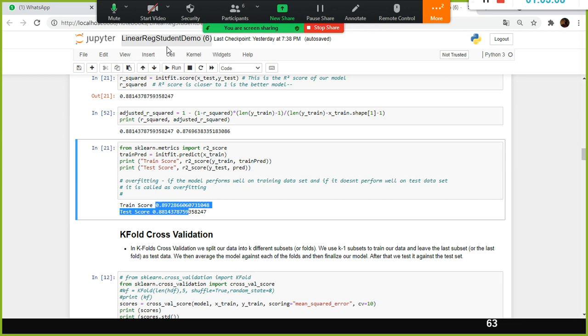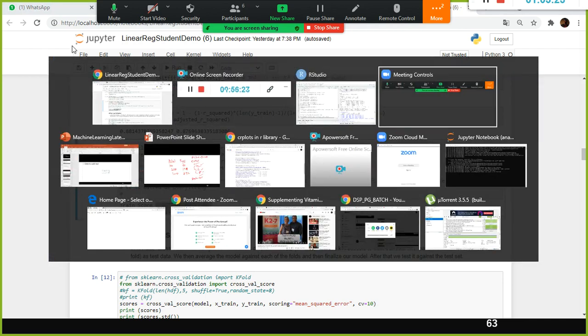If both the training and test adjusted R squared or RMSE values are the same, then there is no overfitting. That means my model works well on the training data set as well as on the test data set. This is a very important concept: overfitting, underfitting.